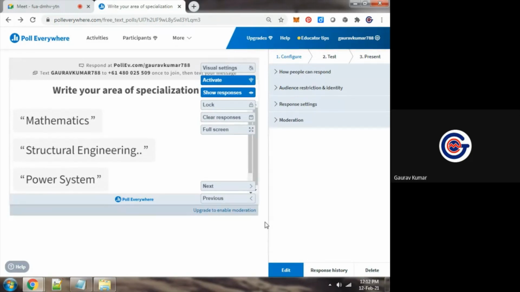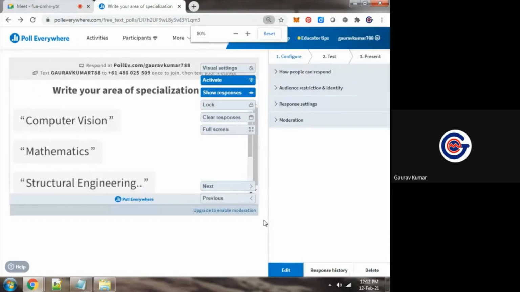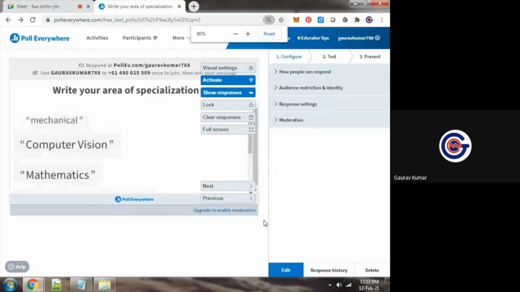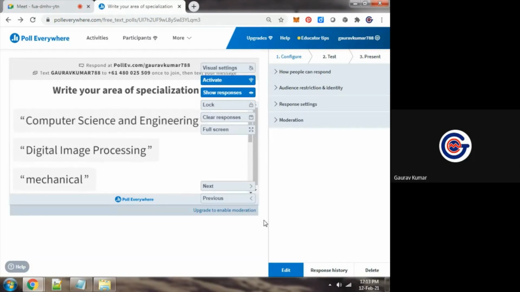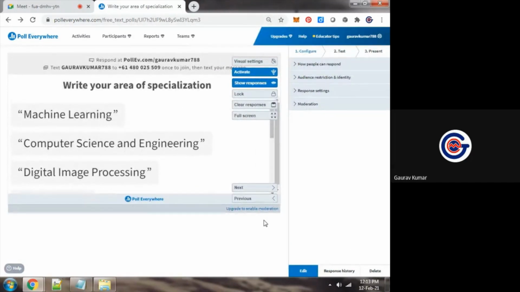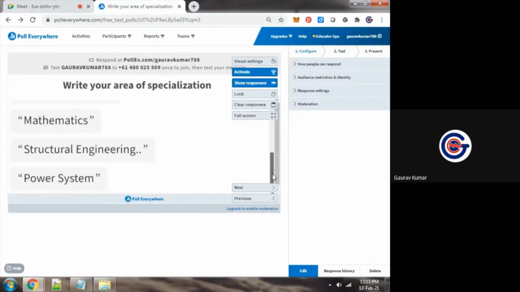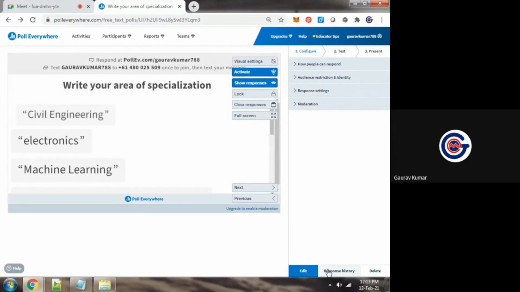Otherwise, you might have seen in online sessions, it is one of the very big tasks to keep all the participants awake and alive in teaching and learning. So by this way, you can increase the participation and involvement of participants and students. And by this way you can check also which student responded, which did not respond.